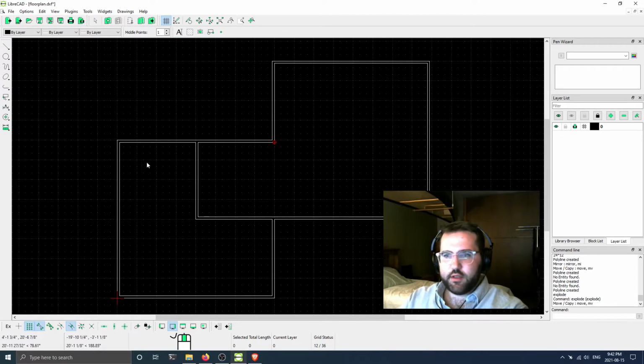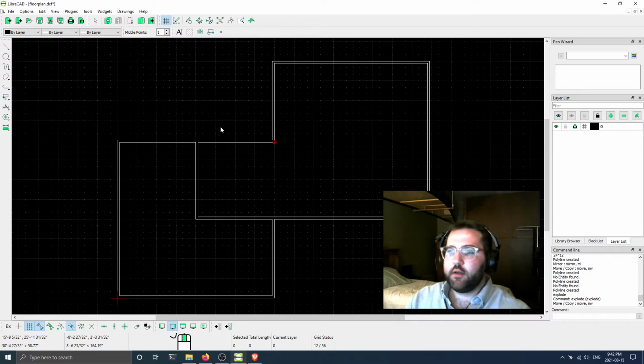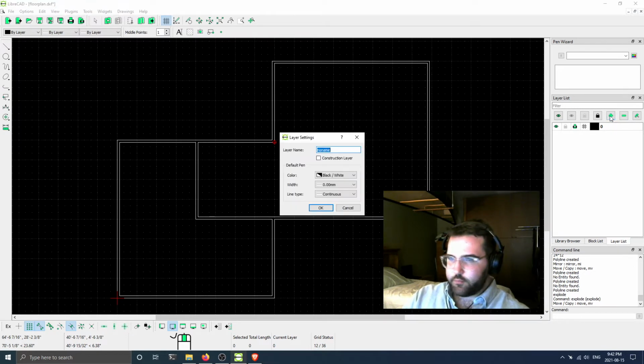So what I might want to do is actually move that to a separate layer that I can turn on and off as I want to view different floors up and above one another. So we've been working on layer 0 this entire time. We need to actually make a new layer. So if you click this plus button here, you see that you get the add a layer context menu. You click that and you'll end up with a